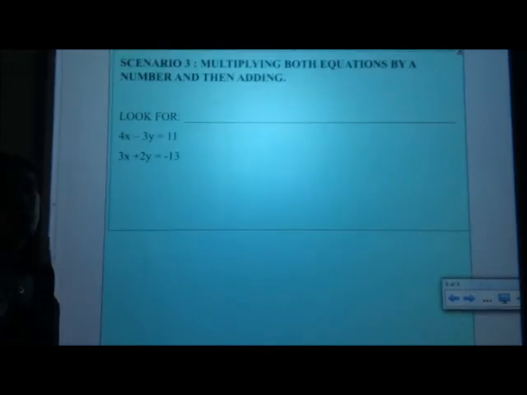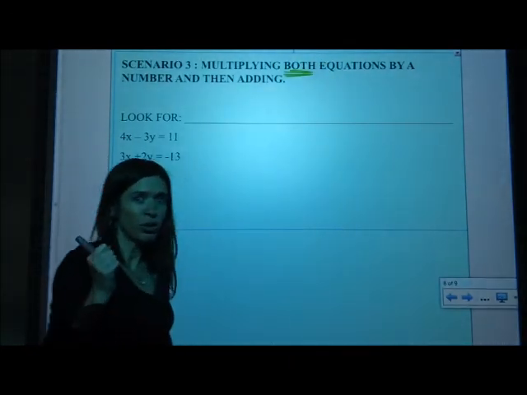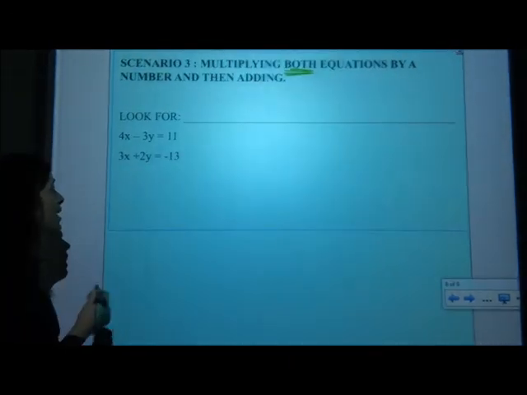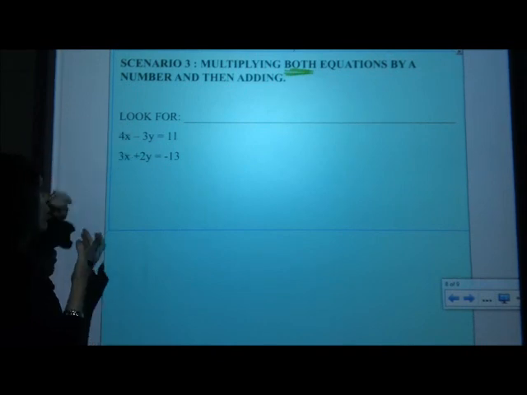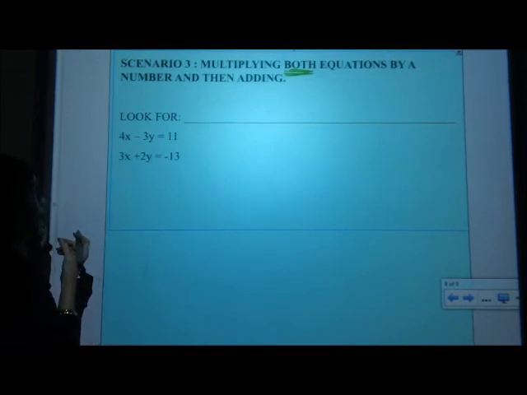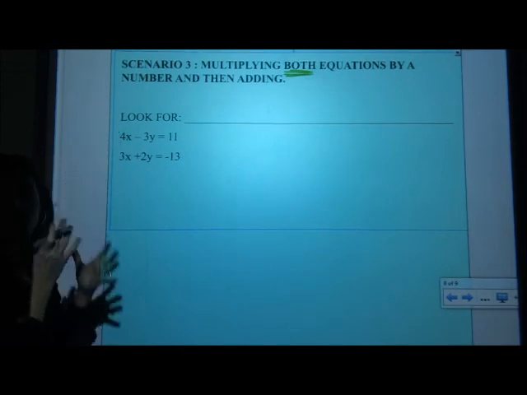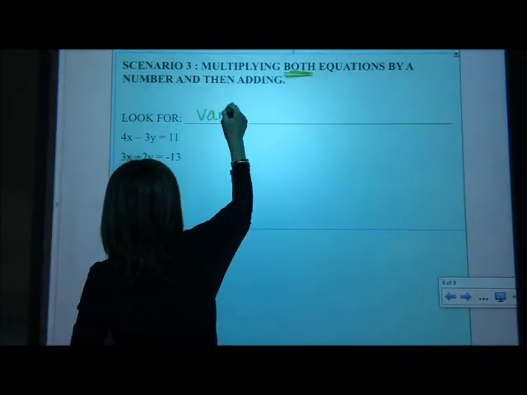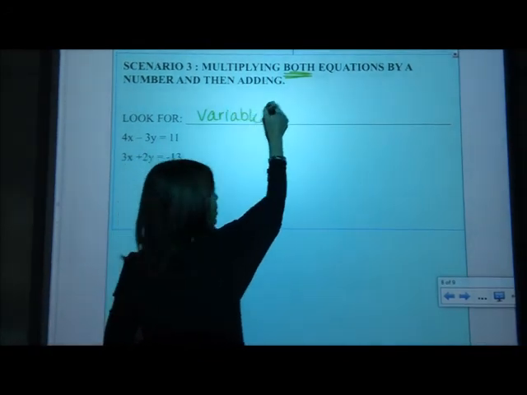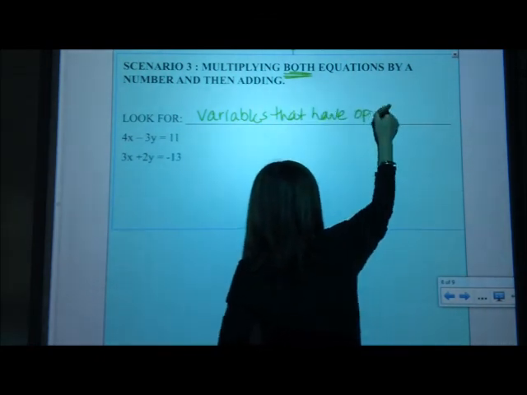Multiplying both equations by a number and then adding. Because look at it. We look at these and we've got no coefficients the same, and there's no way for me to make one of them exactly like the other without changing both of them. So I still look for the variables that have opposite signs, if any,